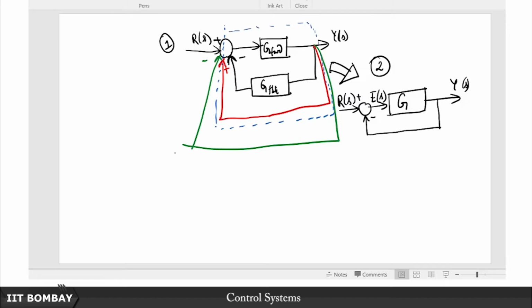Okay. So I am going to do this. Now there is this G forward here, let me draw that. So of course the summer I can split up, right. So instead of summing all the 4 signals at this one summer, I can split this up into multiple summers. It is really a no brainer there, isn't it? Right. So this is Y of S, so then there is a G